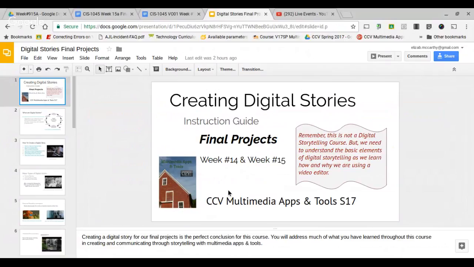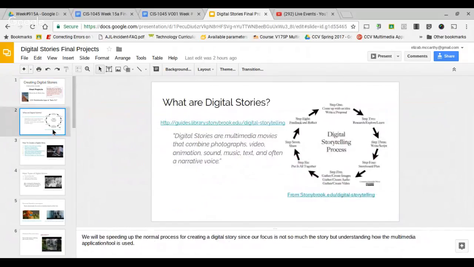But remember, this is not a digital storytelling course, but in order to use the editor and understand how to communicate well with it, you need to understand the basic elements of digital storytelling. The expectations aren't for digital story, it's using the tool is really what I'm looking for. But again, the key ideas of the process for that, we'll be skipping a little bit. So I'm not going to expect